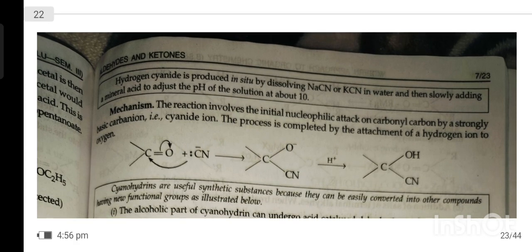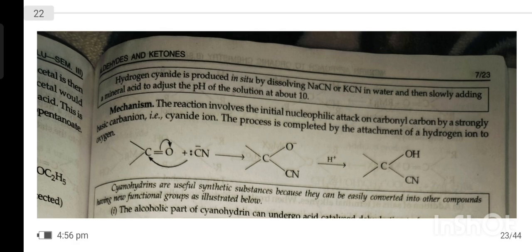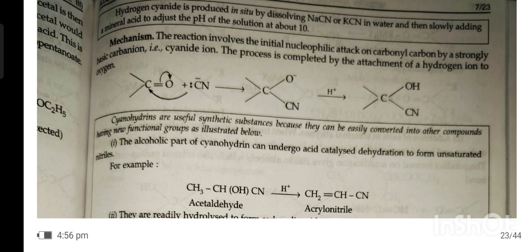Mechanism. The reaction involves the initial nucleophilic attack on the carbonyl group by a strongly basic carbanion, the cyanide ion. The process is completed by the attack of a hydrogen ion on oxygen. Cyanohydrins are useful synthetic substances because they can be easily converted into other compounds having new functional groups, as illustrated below. First, the alcoholic part of cyanohydrin